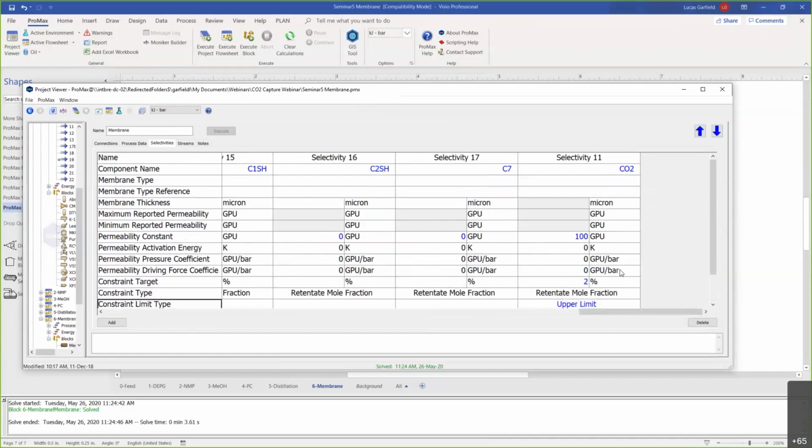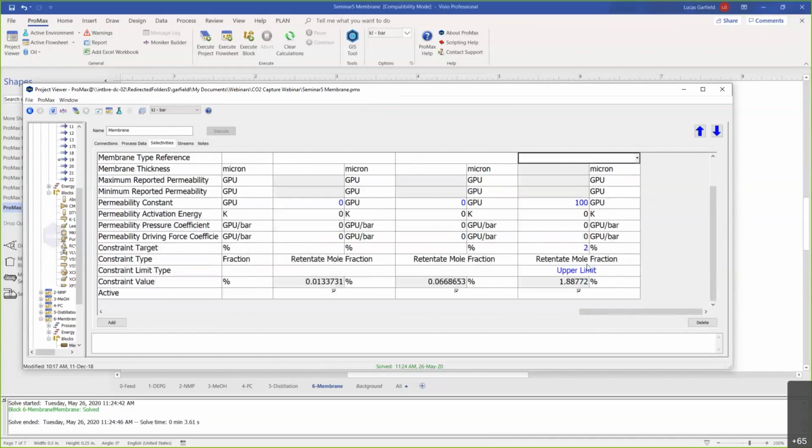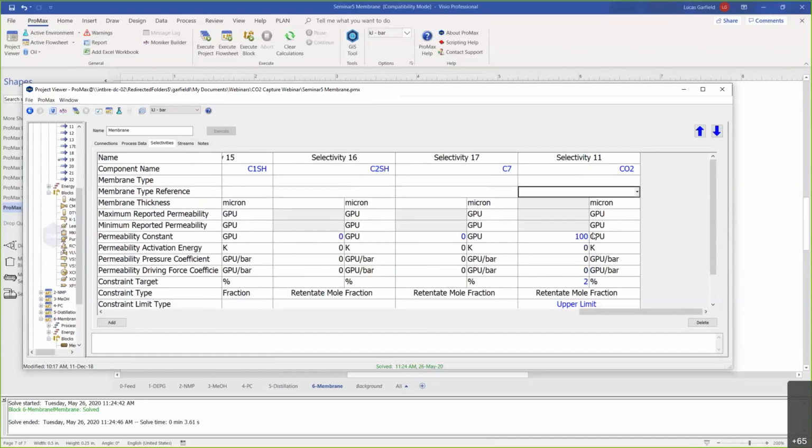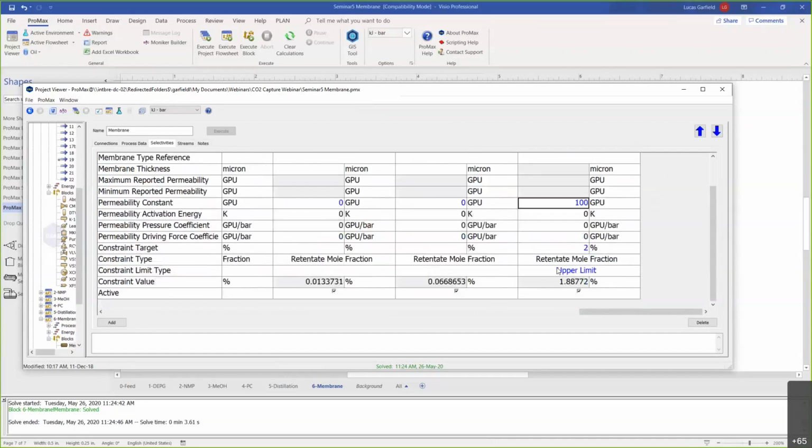And then over here for CO2, I've done something a little bit different. I've set the permeability, and I've also set something called a constraint limit type. Here I've set an upper limit, with an upper limit target of 2%. And what this is going to do is tell ProMax to design a membrane unit such that I have less than 2%